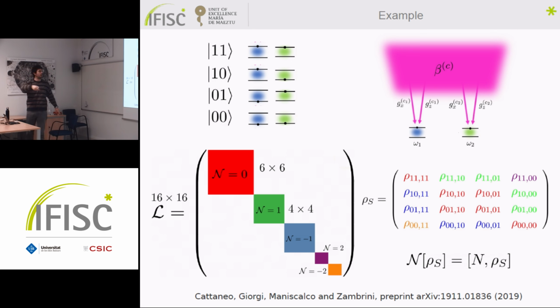No, because this block is full. This is the red block that is saying which elements are connected by the Liouvillian superoperator. So by putting the same color, I'm saying that this element is connected to this, and of course you do relaxation. What is the number there? The number of 1, 1 and 0, 0 is the same number. No, yeah, because it's the superoperator. It's not the operator, this is the point. It's the superoperator.